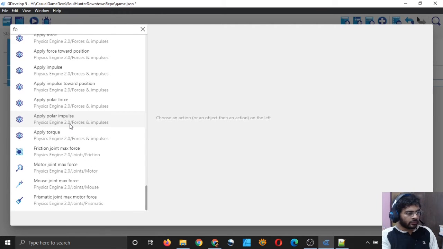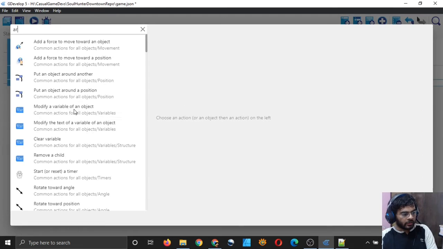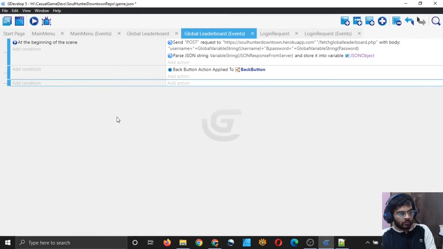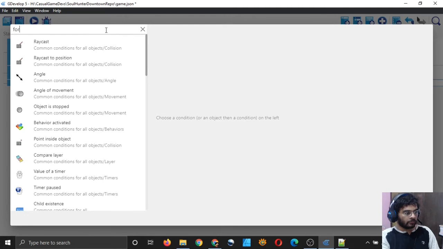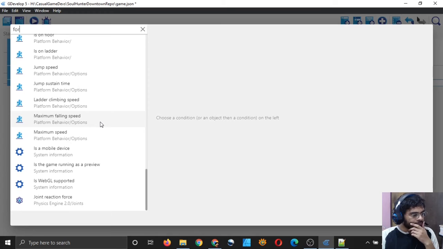If I type array, then I don't get anything. If I type JSON, then I get something. Okay, and I cannot add a for loop either in GDevelop. For loop, there is no for loop.